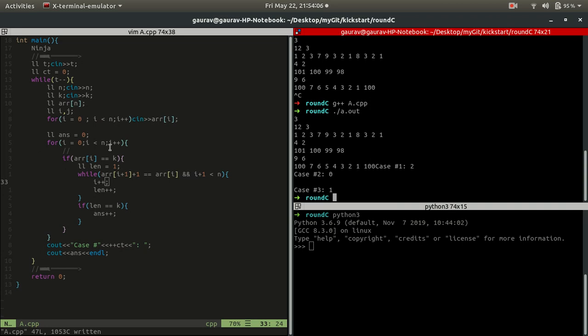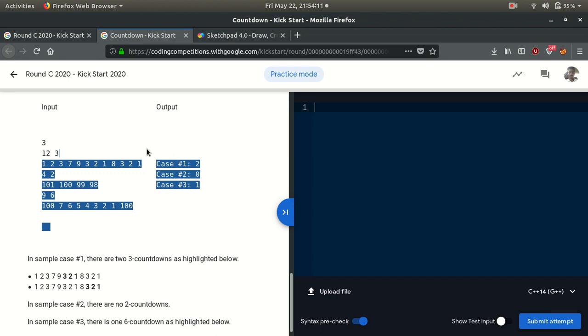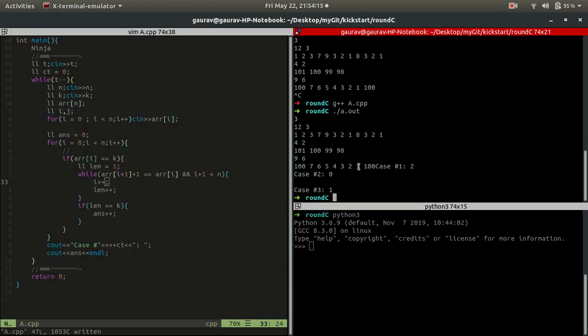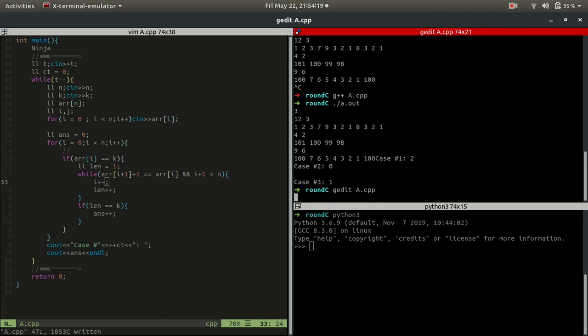Okay, so we got the desired output as 2, 0 and 1, which are the answers of the test cases. So we will just try and submit a.cpp.